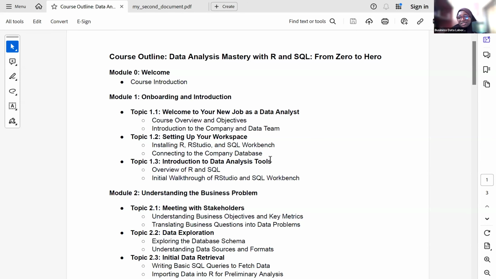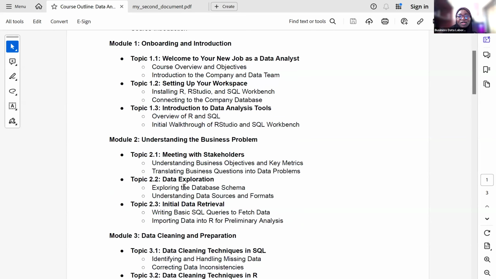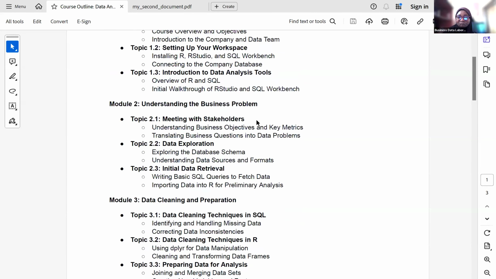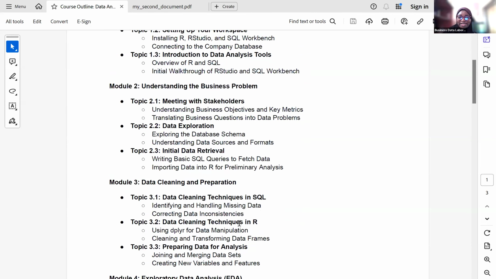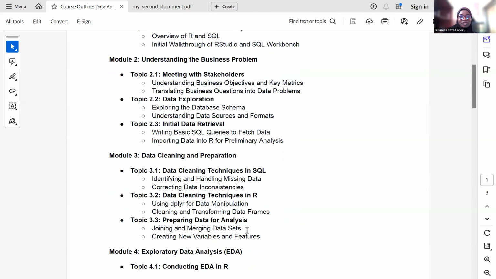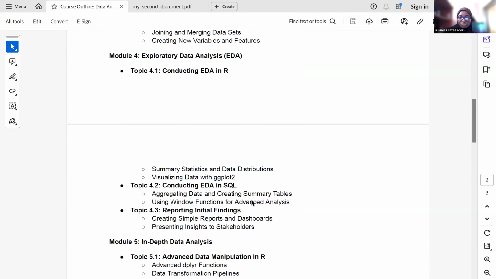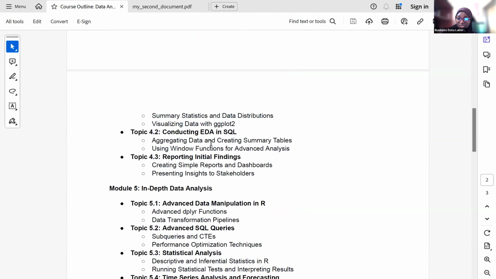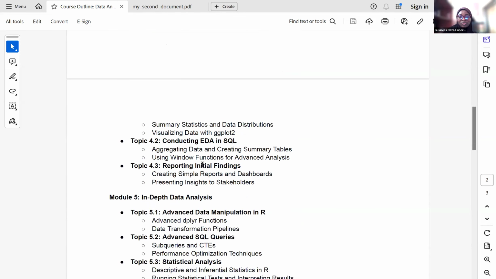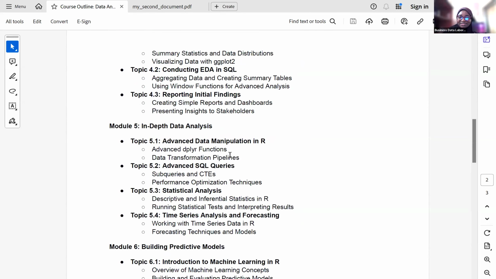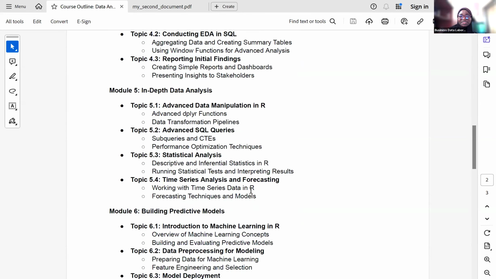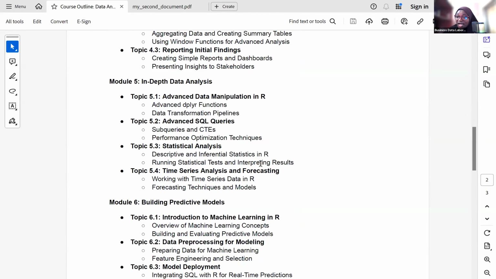So it's not just, okay, R is this, SQL is this, and all this stuff. We'll look at the business problem, meeting with stakeholders and all this stuff. You learn practical stuff: data cleaning and preparation, exploratory data analysis. We're going to do this with both R and SQL. Then in-depth analysis, where we'll look at some advanced queries, advanced data manipulation stuff, like what Akintunde asked